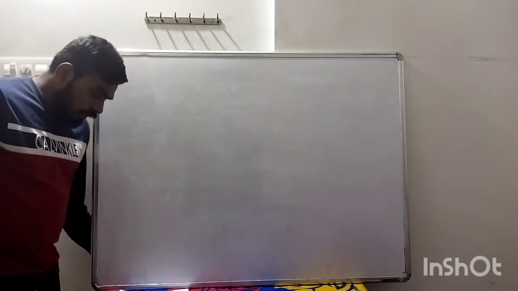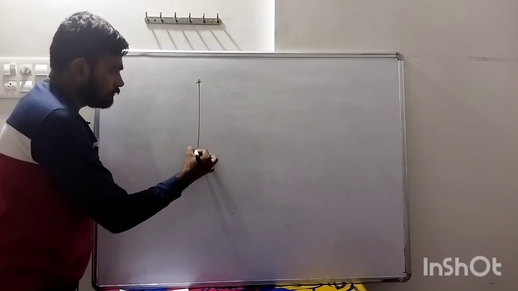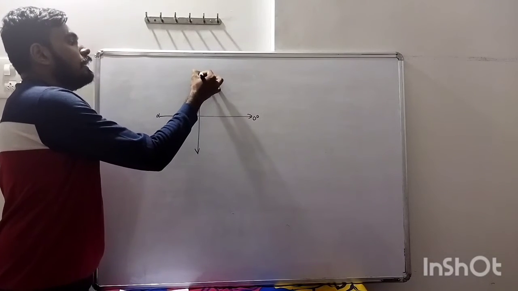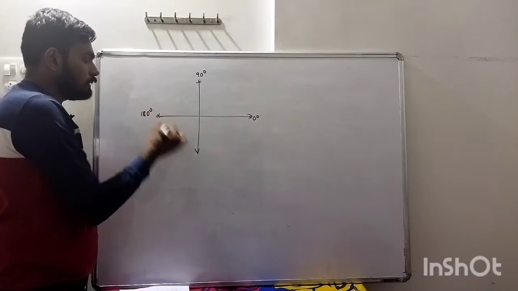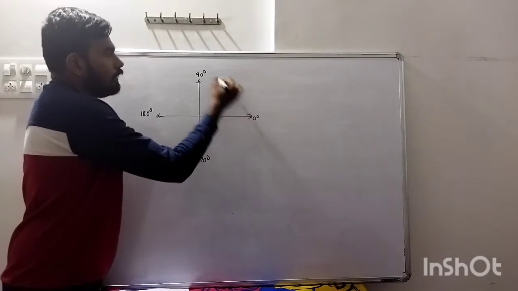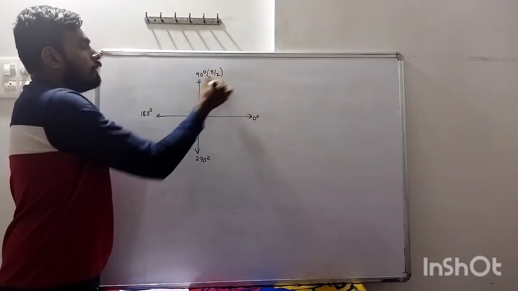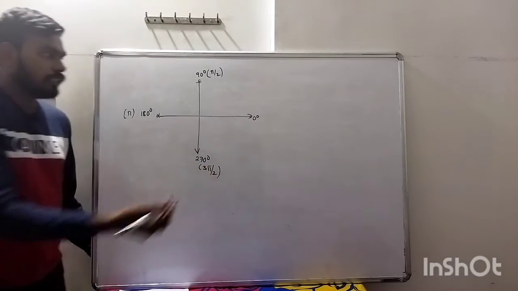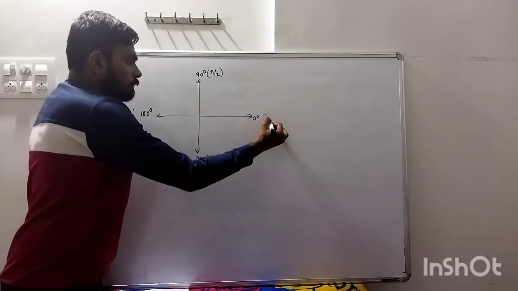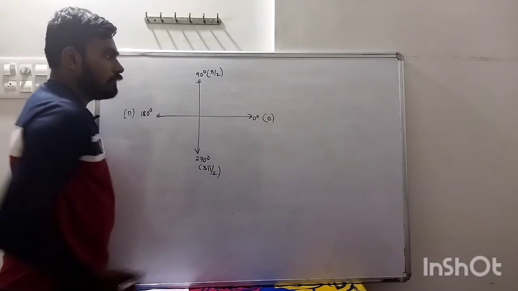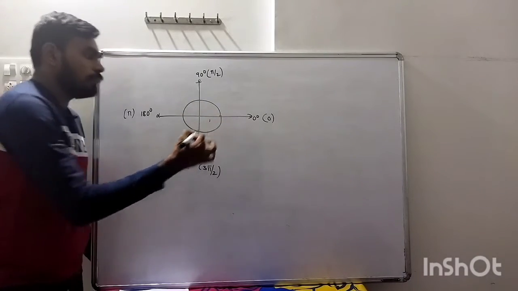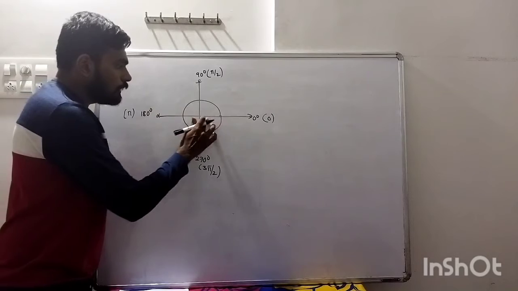Okay, students. Next we learn to find trigonometric ratios on the axis. Here, if theta is 0 degree or 90 degree or 180 degree or 270 degree, that is 0, or pi by 2, or pi, or 3 pi by 2, here what we have to do, that we will check. For these cases, how we find trigonometric ratios. Okay. So what you do, just draw a circle here of radius 1 unit. Now what will be this point?